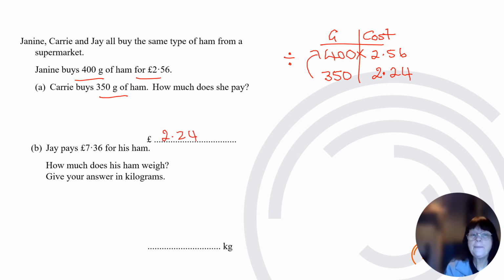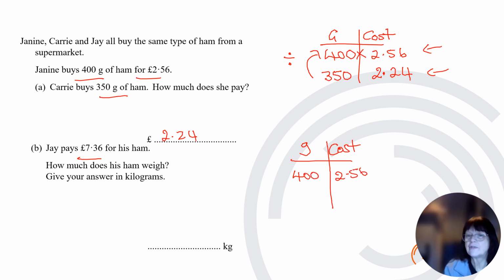Okay, so Jay pays £7.36 for his ham. So let's just go back to what we know. Now you could have used either this one or this one, but you do already know that 400 grams is £2.56, but you could have used 350 grams is £2.24. You would have got the same answer. So Jay pays £7.36, so that goes under cost. So we divide by the number above and we multiply across, and you should have come up with